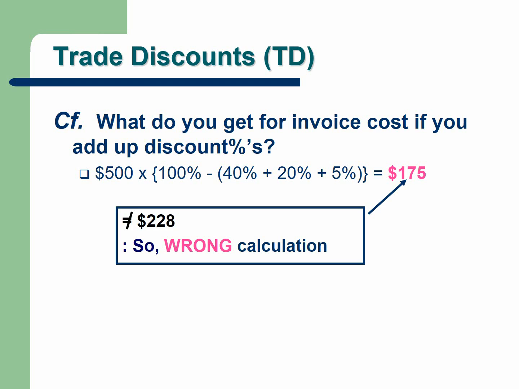But that wasn't the case. In our example problem, we got $228 as the invoice cost. So if you just apply these three trade discounts in an additive way, just adding them up, then you would have had the wrong answer. So don't try to do it this way, but always apply each trade discount one by one in chain through the method of calculation that I showed you on the previous slide.